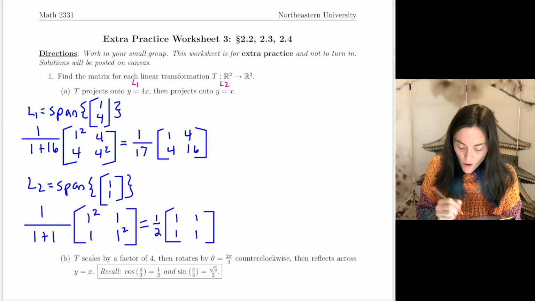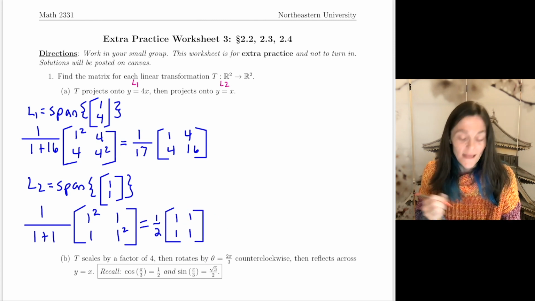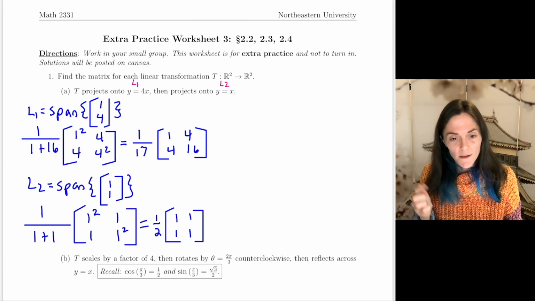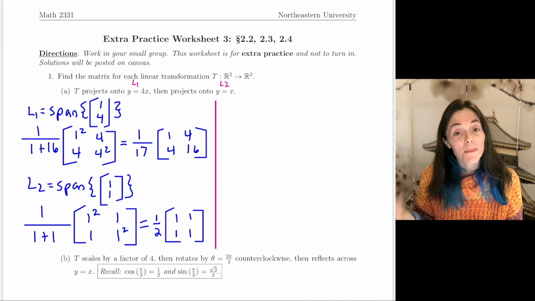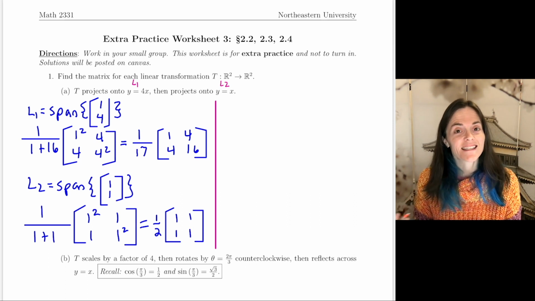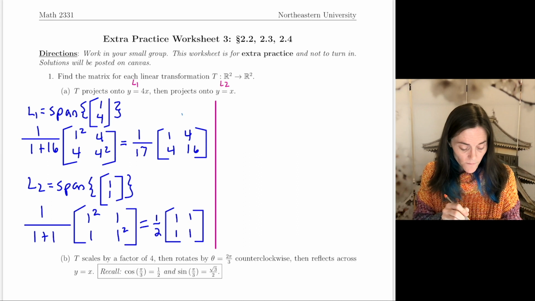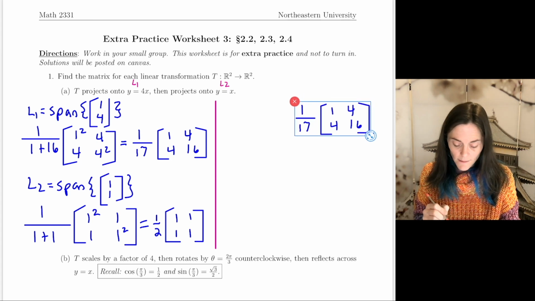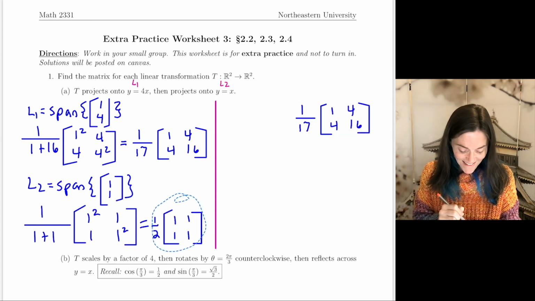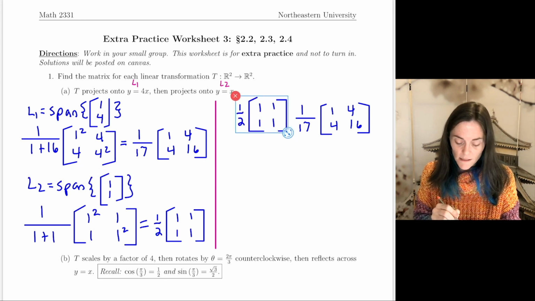This is a matrix of all 1/2s. In fact, we've seen this before. But even if we hadn't, it didn't take too long to calculate. Well, now let's move on. What we need is the composition, and the order matters here. Definitely, order matters here. So if we read this first, we are projecting onto line 1. That means it must go on this side. And then we are projecting onto line 2. And so the order goes like this.